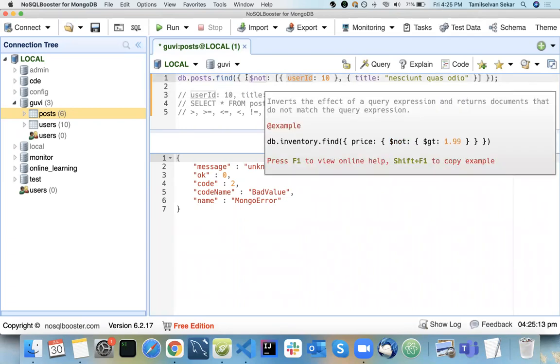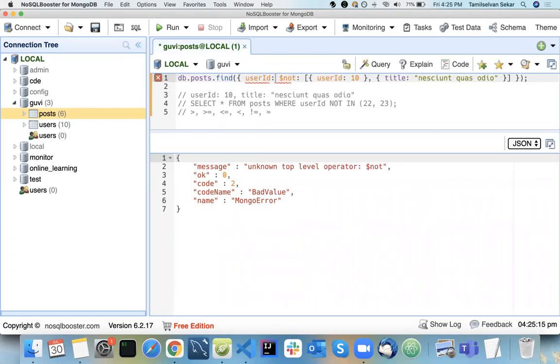is not. So for example, use not equal something like this to. If you mention only one condition, not equal to. So you can even mention it in this way. User ID not equal to. So that is the basic not condition we had, right? Same way, if you want to have